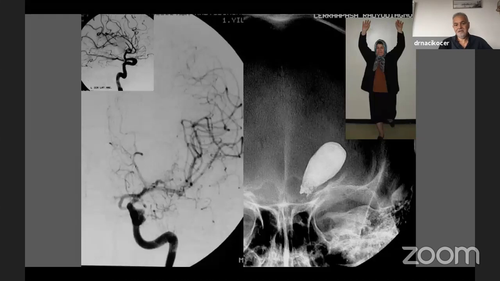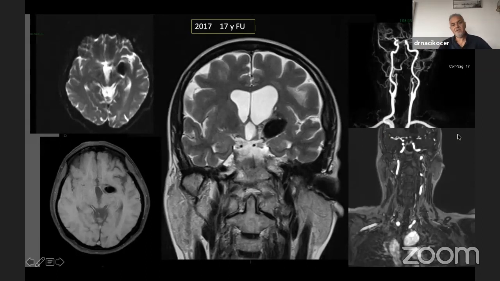Actually not. This is a one-year follow-up. The patient turned back neurologically normal. And this is the 17-year follow-up. 17 years, guys. So we need to think about it. This is a very nice example, a combination of intrasaccular material and hemodynamic treatment mentality by using a stent. Whatever the stent was, it was a Cordis stent in those years, 20 years ago. Now we have a better stent. So